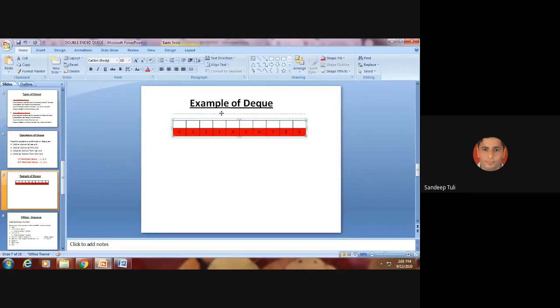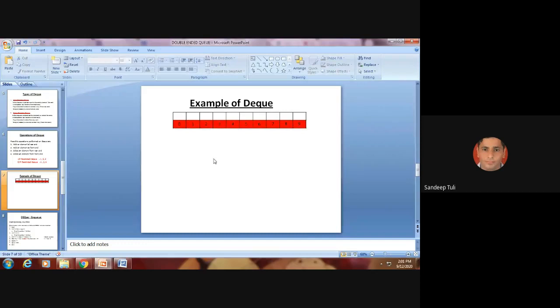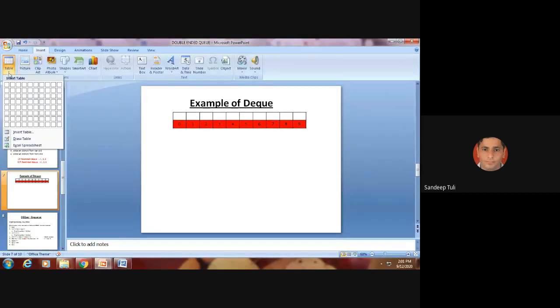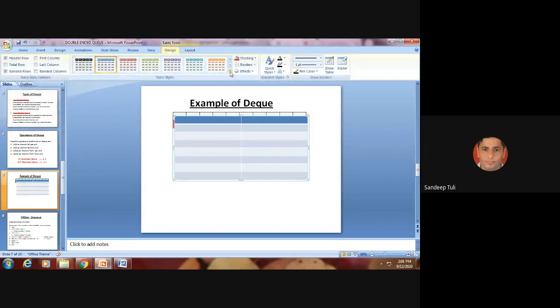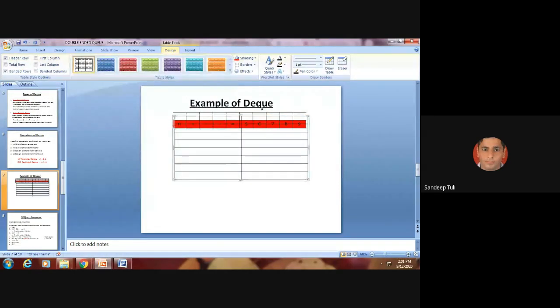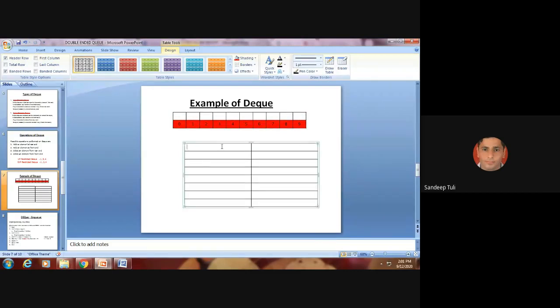Now we will also take a table where we will have the value of front and rear. For every insertion and deletion, we will take the value of front and rear.